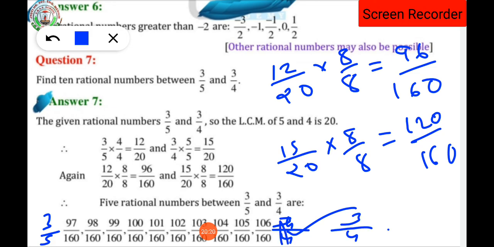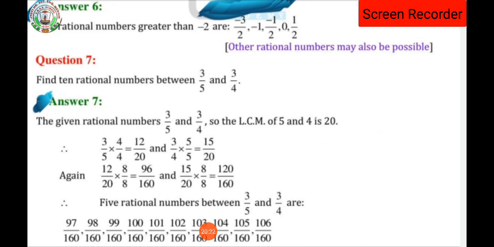Clear up to here? So dear student, we have completed our chapter number 1. It's a very small chapter carrying only 2 exercises. Remember one thing, we are going to deal with only the NCERT book. हम लोग सिर्फ NCERT book से ही पढ़ रहे हैं, कोई दूसरा book हम लोग use नहीं कर रहे हैं. So be careful while purchasing the book. Only purchase the NCERT book. Clear everyone? And try to write the notes in your maths copy.